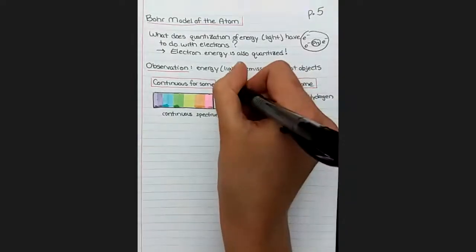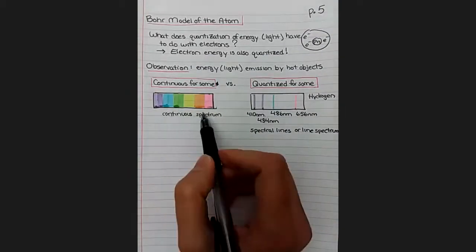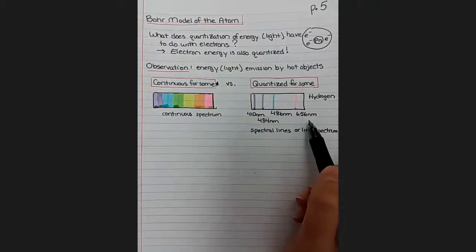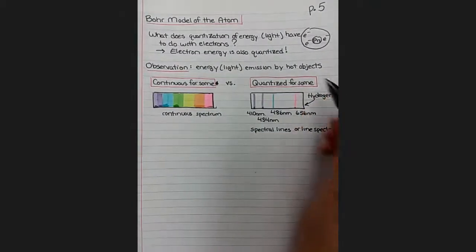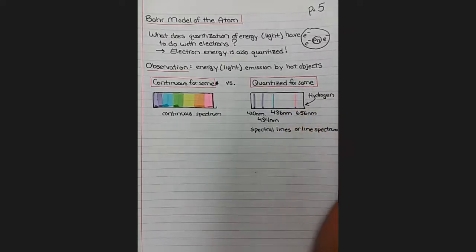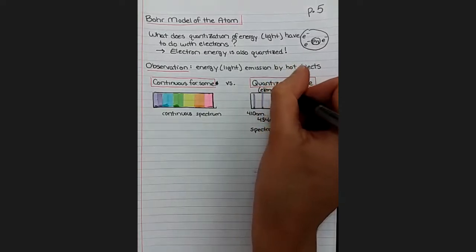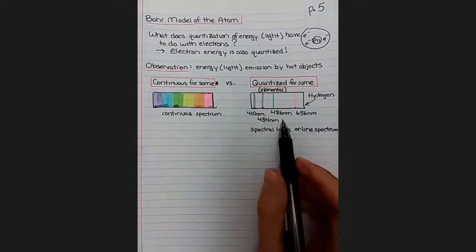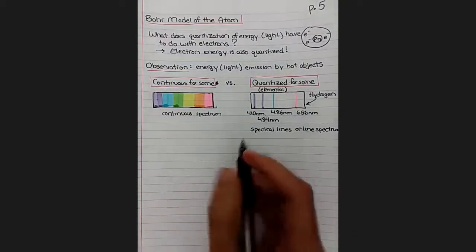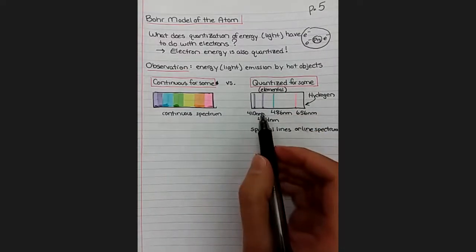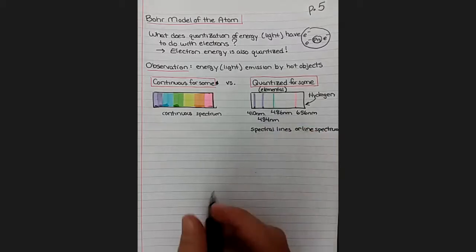So this was another issue of confusion at the time. Why would some hot objects emit a continuous spectrum, and why would some hot objects emit a line spectrum? The difference was that the types of samples that produce these quantized line spectrums were elemental. They only contained one element, meaning that all of the atoms were of the same type. And so Niels Bohr decided that he should incorporate this information about the quantized energy into the model of an atom, because this was a feature that was showing up